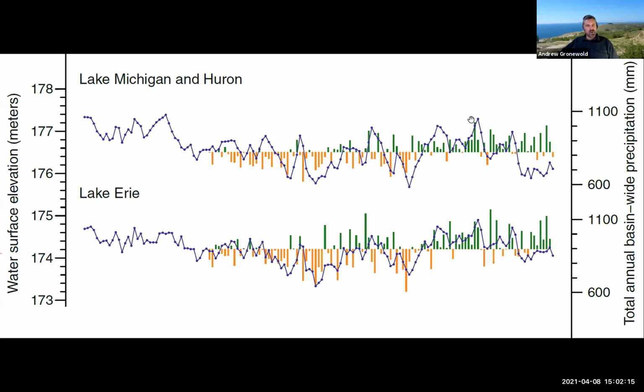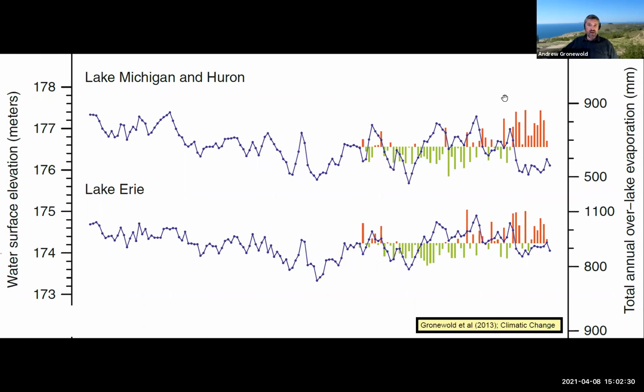So if we think about the water balance during this time period, we might think that something else in the water balance might have changed, and that's exactly what happened. If I shift this slide from showing water levels with precipitation in the background to showing water levels with evaporation in the background, we get a clear understanding of what was driving water level variability during